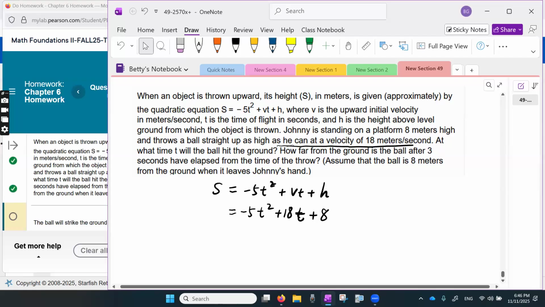Because when t equals 0, if you plug in t equals 0, s equals h. That means h is the initial height. When the ball initially starts to move, it is in Johnny's hand, right? Yeah, that's t equals 0. And Johnny is standing on the platform. So we assume Johnny is